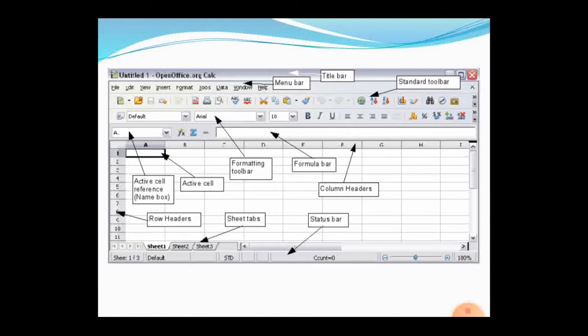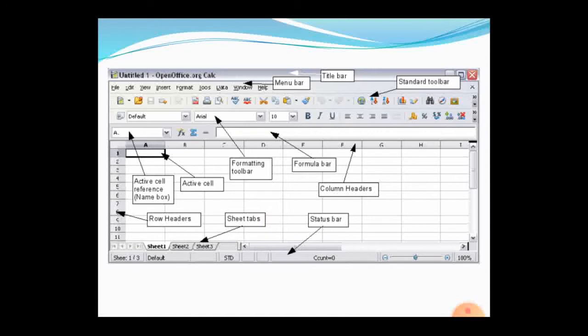Then these are all common things. Also the status bar, which in a document contains the number of words; here it contains the count of rows in your active sheet. Here a sheet tab is also present.